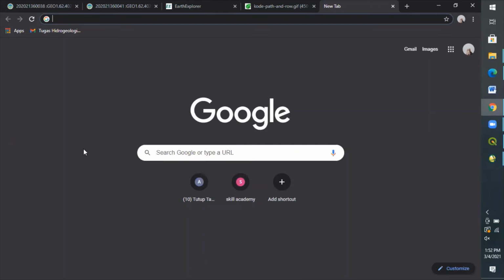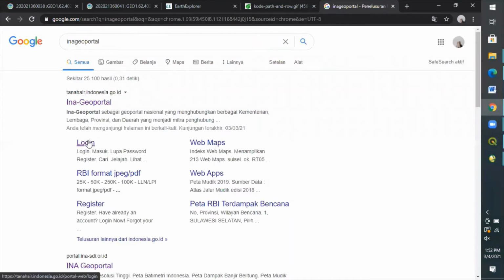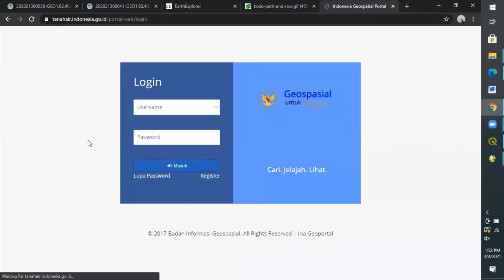And first, just the same as before, we need to find the website from the search engine, just like this. Okay, and log in to get your access.